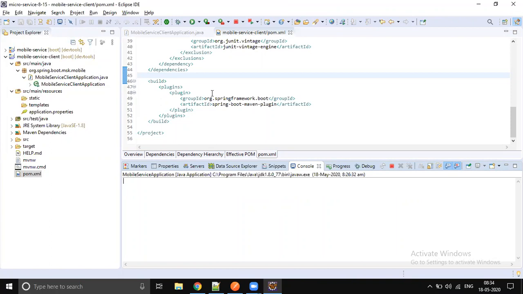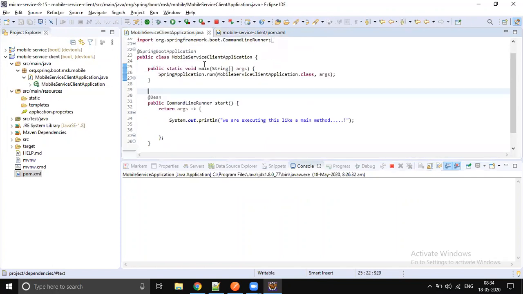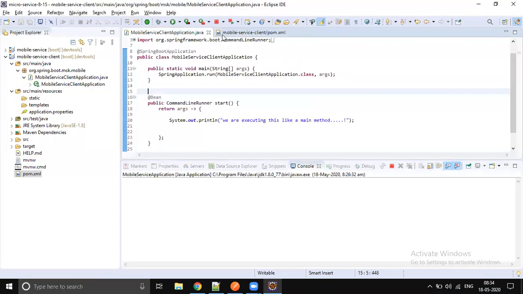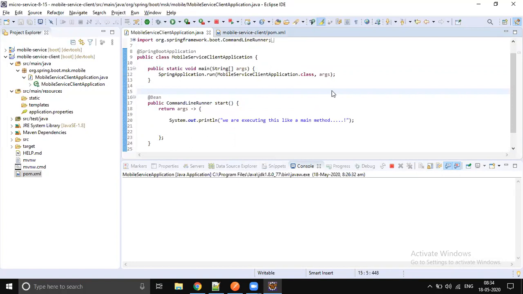So now in the client application also we added a web dependency. This web dependency has a Tomcat server inbuilt, right? So my client also has a Tomcat server inbuilt. So when I'm trying to run my client application, again it's going to start one more Tomcat instance on the same port 8080. So we will get a port conflict issue. The application will not be started because we have one more inbuilt Tomcat available with the Spring Boot starter. When we run our Spring Boot application, our Tomcat is going to run one more time on the same port where our service is running. So let's run this code.